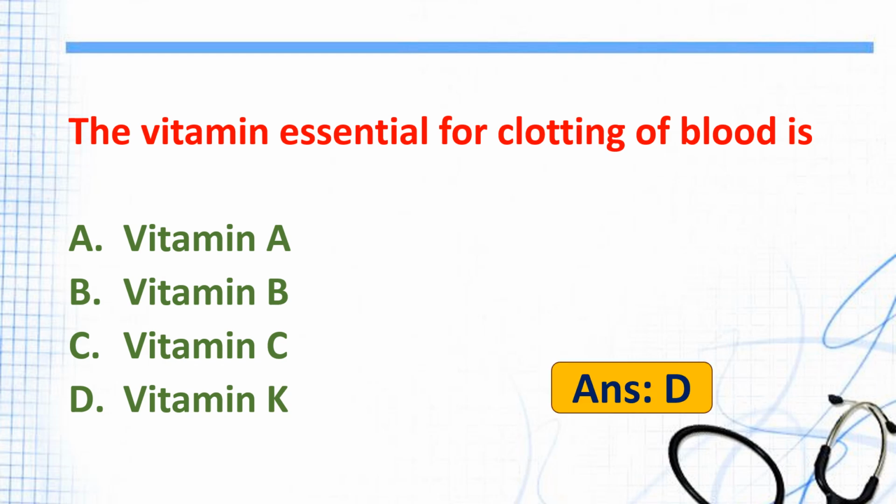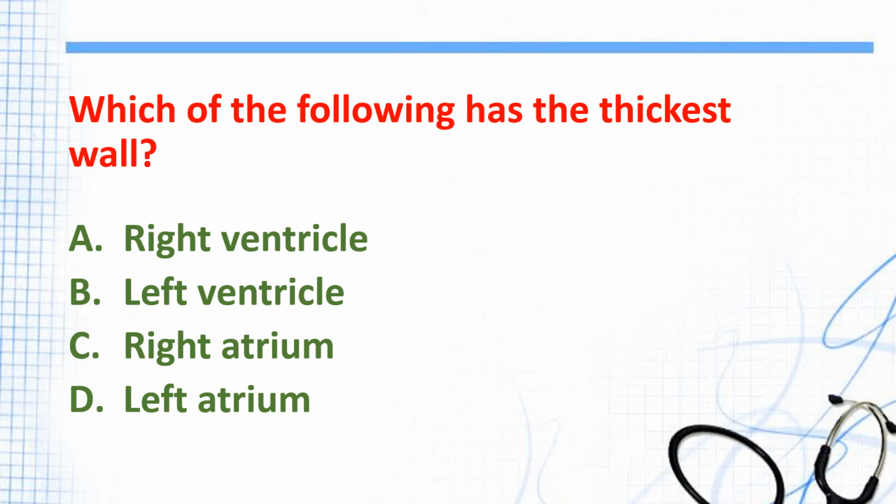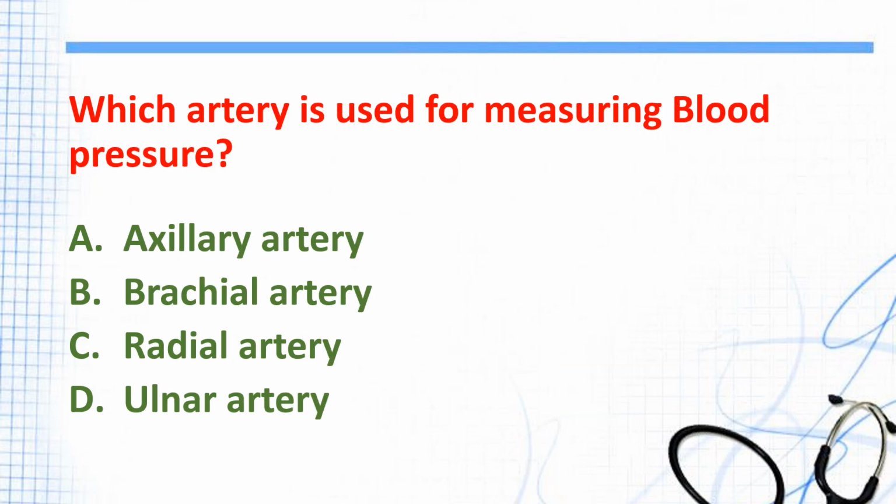D. Vitamin K. Which of the following has the thickest wall? A. Right ventricle, B. Left ventricle, C. Right atrium, D. Left atrium. And the answer is B. Left ventricle. Which artery is used for measuring blood pressure? A. Axillary artery, B. Brachial artery, C. Radial artery, D. Ulnar artery. And the answer is